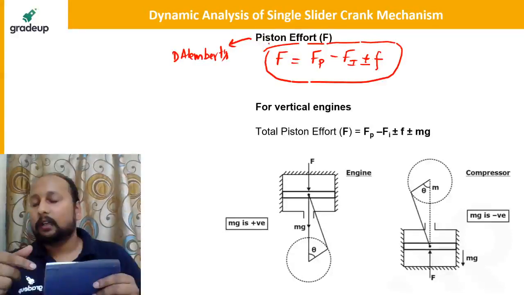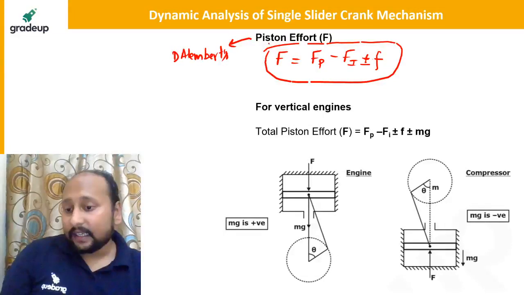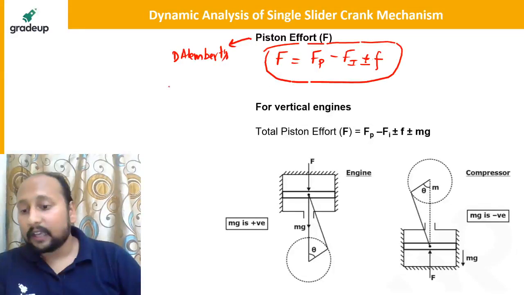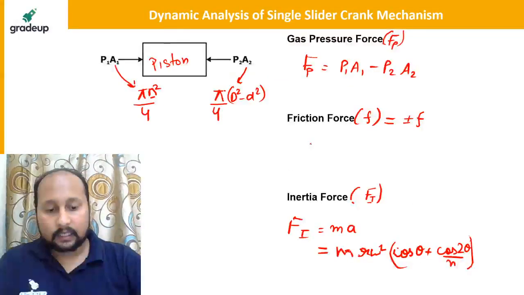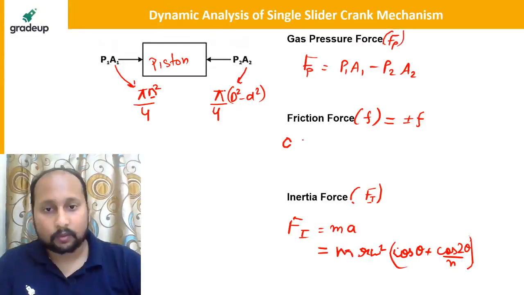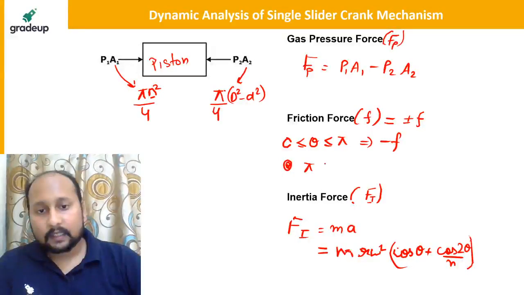In general it is negative, but let me show you the range where the F value is positive or negative. There is a range for this, so I've left some space over here. From 0 to theta less than or equal to pi, in that case your F will be negative. If pi is less than or equal to theta,